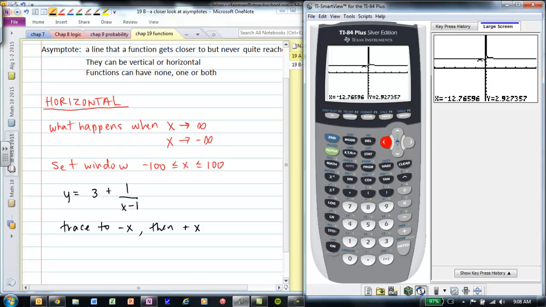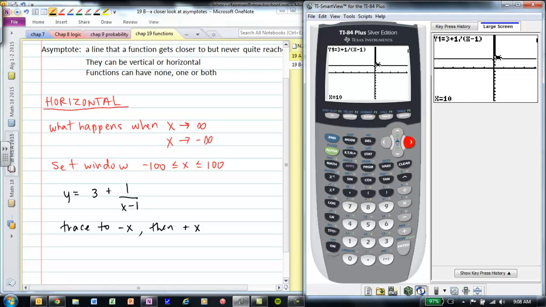So look at the bottom. What's happening to the y value as x gets more negative? You should be noticing that as x gets more negative, y is getting closer and closer and closer to 3. So that tells us that if we're headed to the left, our asymptote is 3, our horizontal asymptote. Alright, so let's now go the other direction,